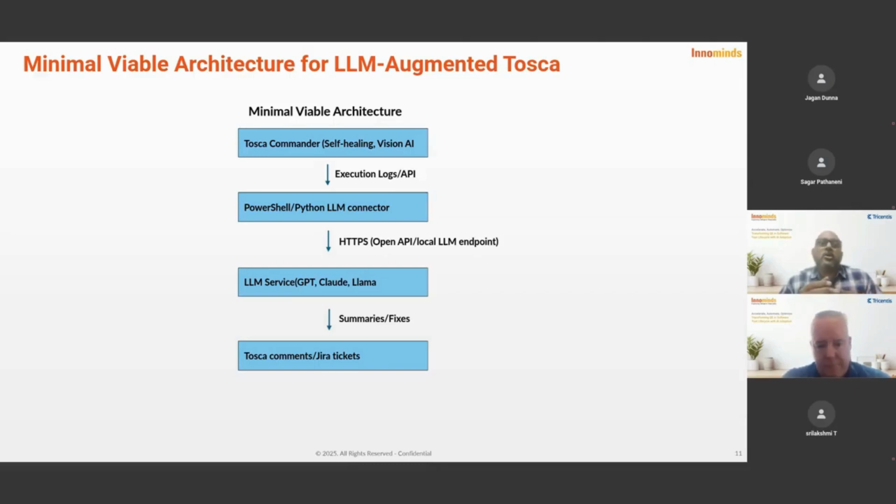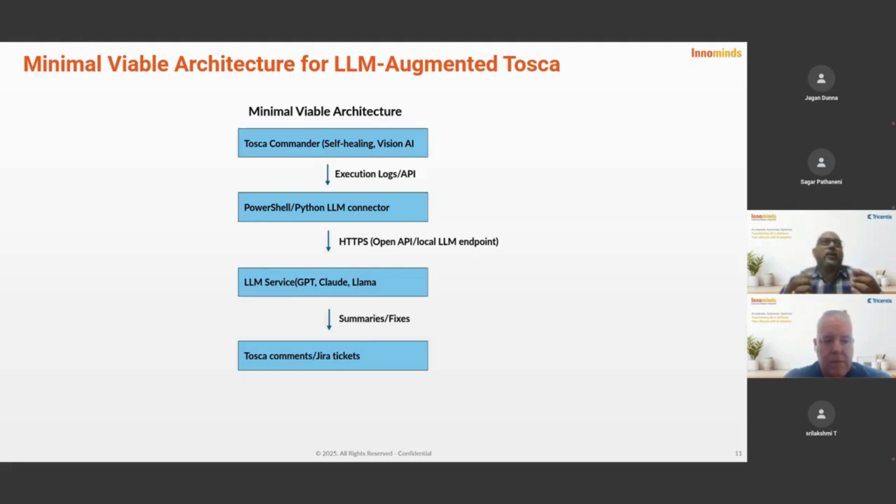We would be able to generate more detail on what exactly has happened during this test execution, how the self-healing is applied, or what Vision AI is applied, elaborating what exactly happened behind the scenes.